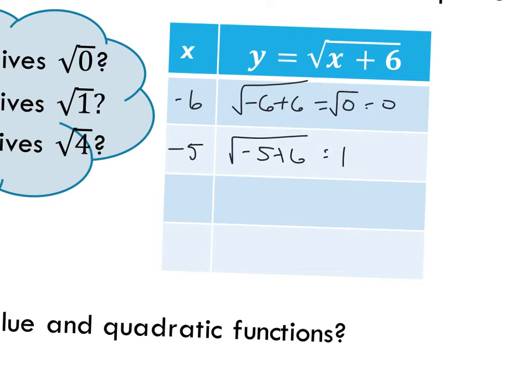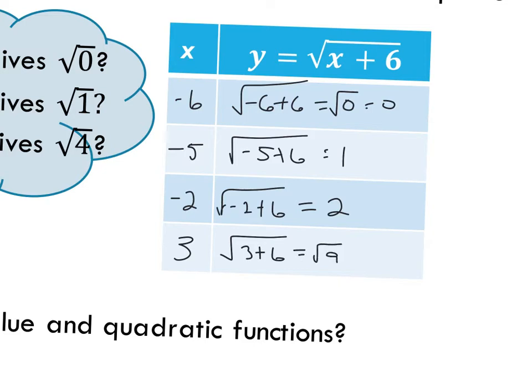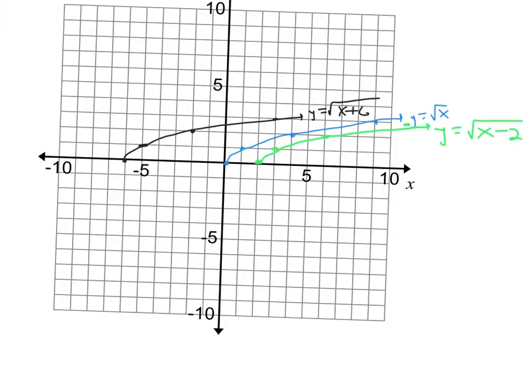What value of x is going to give us the square root of 4? Well, 6 minus 2 equals 4, so we're going to use negative 2. The square root of 4 is 2. And then what value of x is going to give us the square root of 9? Well, I know 3 plus 6 equals 9, so we're going to replace the x with a 3. So now we're going to plot those points and see what happens. So hopefully you've recognized y equals the square root of x plus 6 just moves the parent function to the